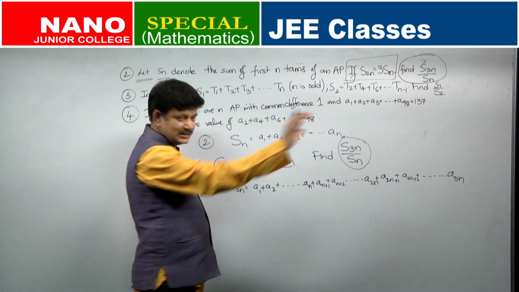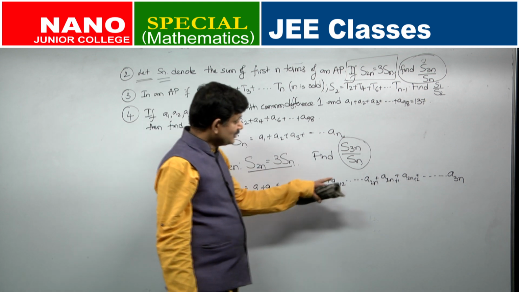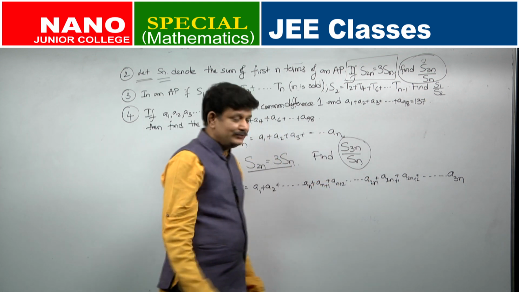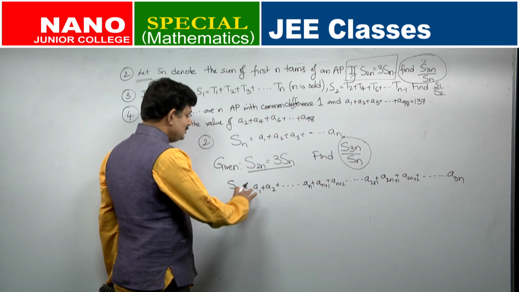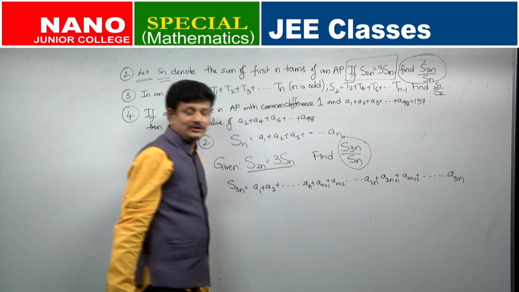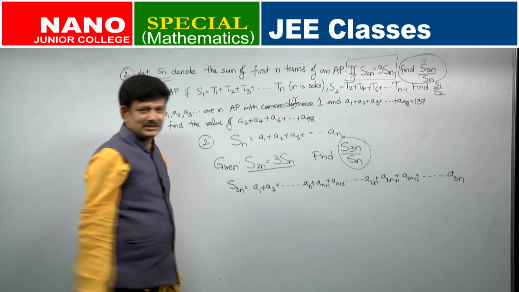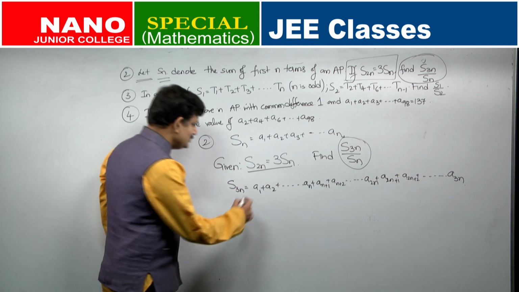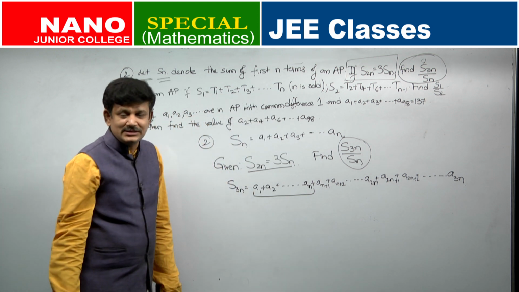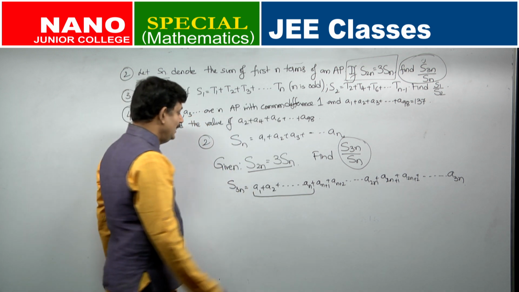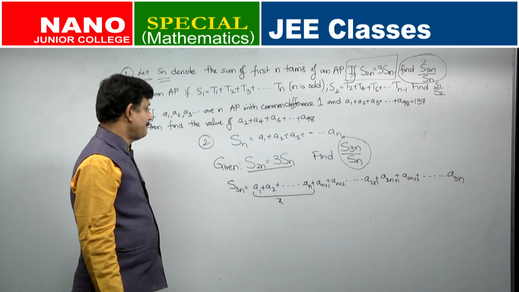Look at this entire stretch, A1, A2 so on up to An, An plus 1, An plus 2 so on up to A2n, A2n plus 1, A2n plus 2 so on up to A3n. So, this is your S3n starting from A1 so on up to A3n. Okay. So, I want this in terms of Sn, this I want in terms of Sn. What is Sn? This is your Sn. A1 plus A2 plus A3 so on up to An is your Sn. Let it be x.